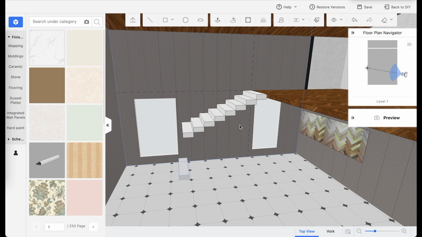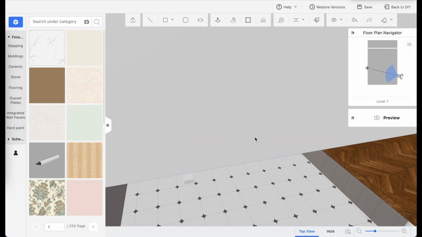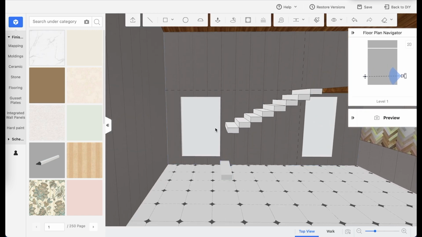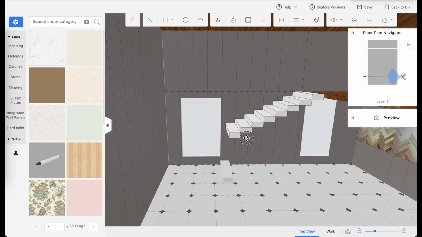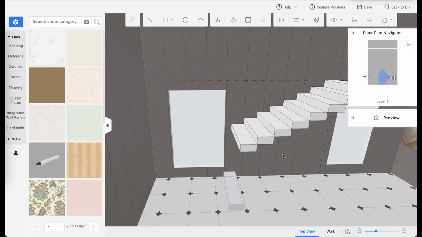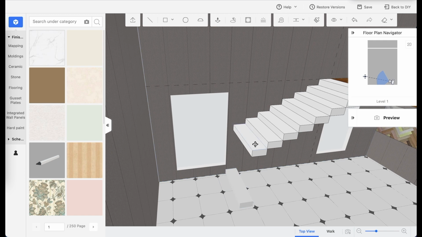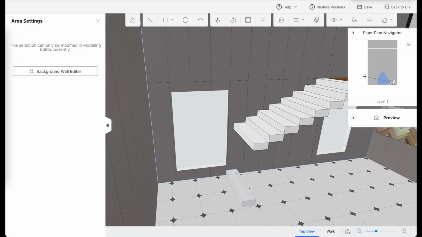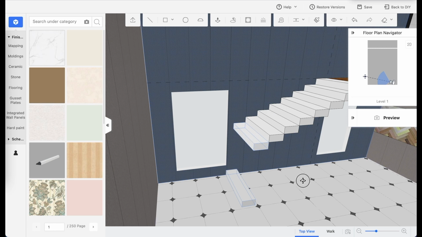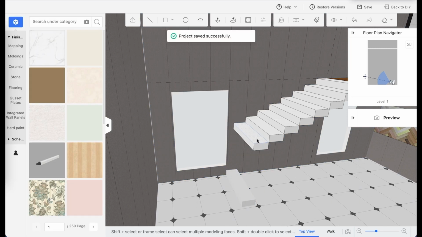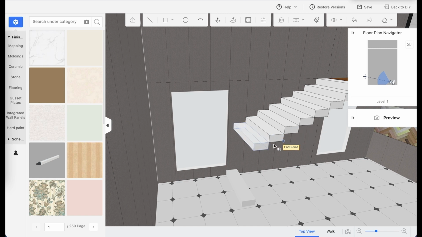So this is where you can see the room width does not allow a full straight run of stairs. This is where we will model an L-shape return here. So first you need the landing spaces. This is quite easy. You can just ungroup it. Select this one step, hold the Shift key and double click, group it, and then you can duplicate it again